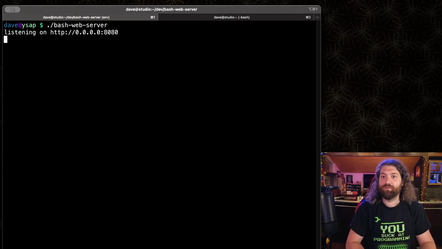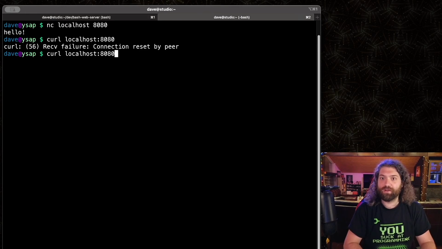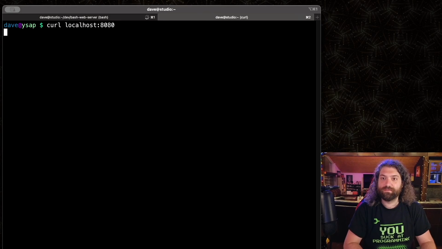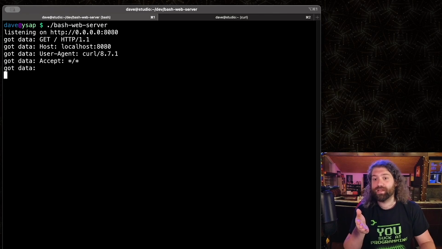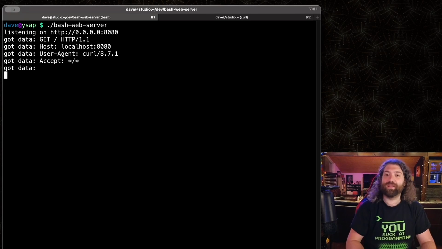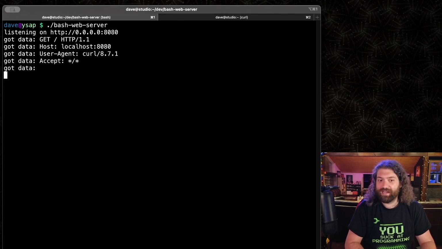So let's go ahead and rerun this. Go over to this terminal and curl it. And let's see what happens. It's hanging. Something's going on. So what's happening here? It's trying to read again. That's what's happening. Even though it seems like we should be done processing data, that socket that is open,